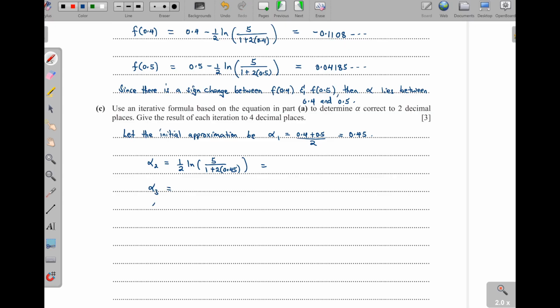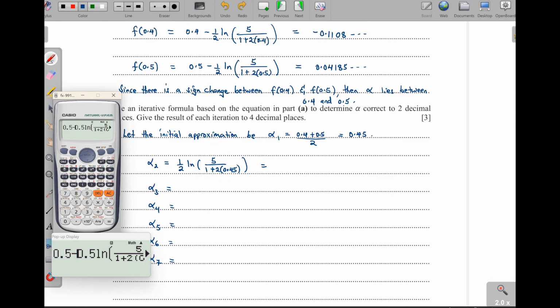Like this is alpha 3, alpha 4, alpha 5, maybe alpha 6, maybe alpha 7. We shall see whether we can reach this side. So what do we get here? Now I'll just come back to this one and I remove this first part here, and then I'll come to this one here, and then I put a 0.45, just like that, and then we get